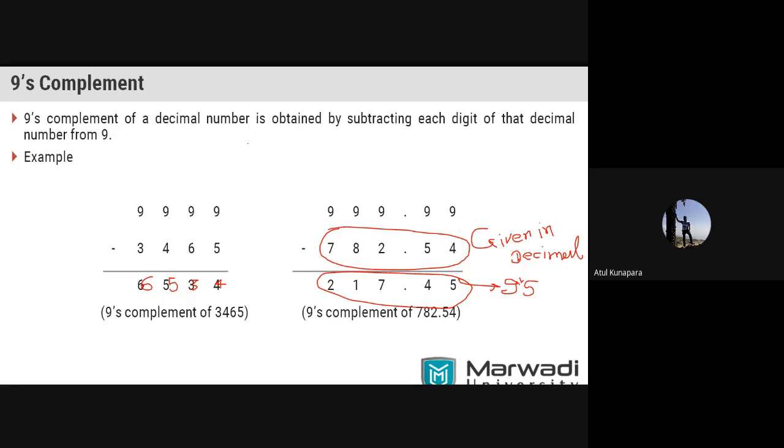If I take one example of the ones complement form here, suppose you have 1010.11 as the binary number you have been given, and you want to convert it into ones complement form. What we do is convert 1 to 0 and 0 to 1, and that will give you the ones complement number like this. So this is your ones complement number, and this is your given binary number. Here also you can see that whether it is the ones complement form or the given binary number, both have representation in binary itself, right? The same thing applies to the nines complement form.